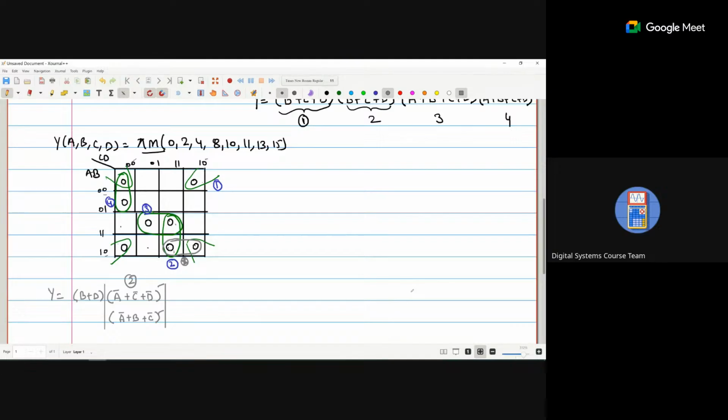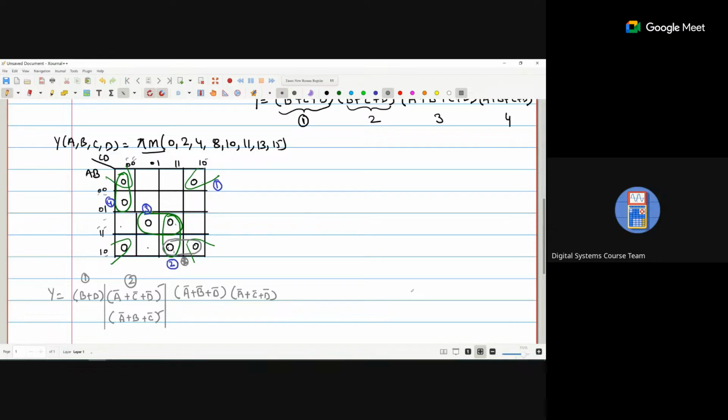Okay, this is group one, group two. If I talk about group three, this is your group three. For group three, the values of A and B are constant, so A bar plus B bar, plus the value of D is constant, so D bar. Okay, and for group 4, A is constant, so A bar plus C and D are constant, C bar plus D